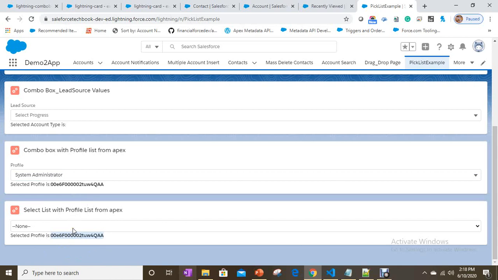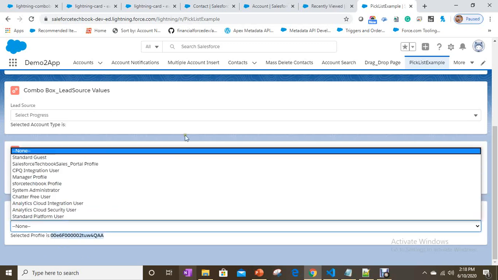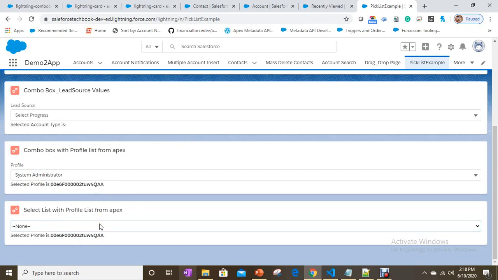How can I do this? One of the ways is I have to add this from JavaScript, right? How can I add? First of all, you have to identify this element by ID or class, and then you have to assign, right? How can you do that? Normally you can use document.getElementById of the ID of the component dot value equals whatever the value you got from this method, right? But you can't use document.getElementById in Lightning Web Component. Instead, you have to use query selector. Okay, how can we do that?